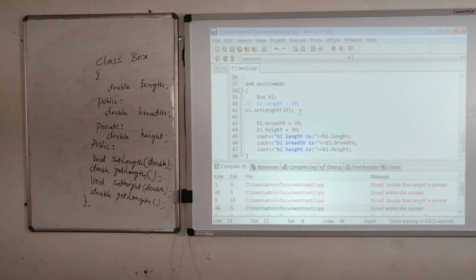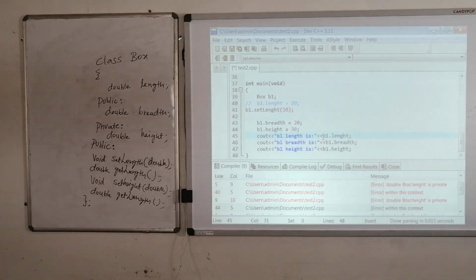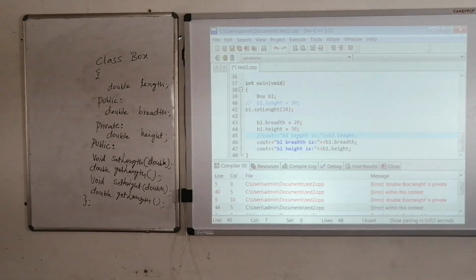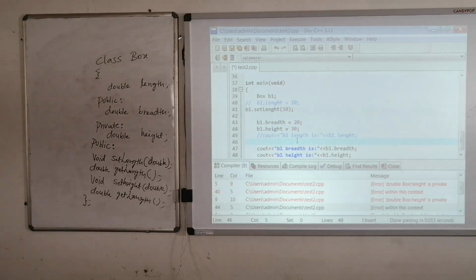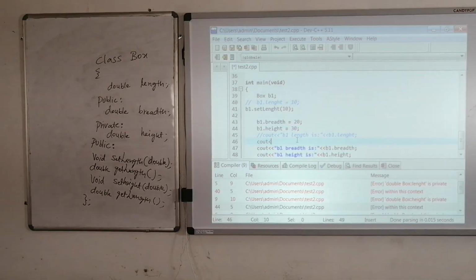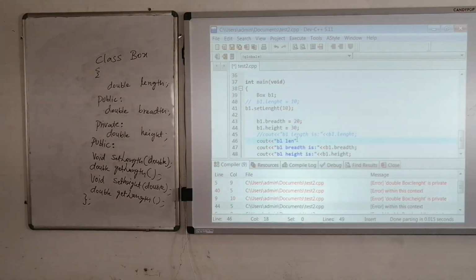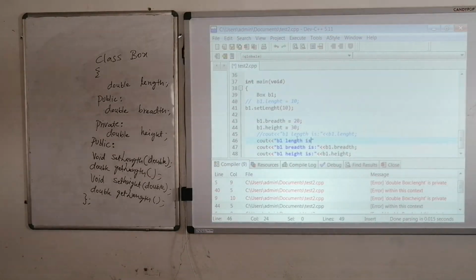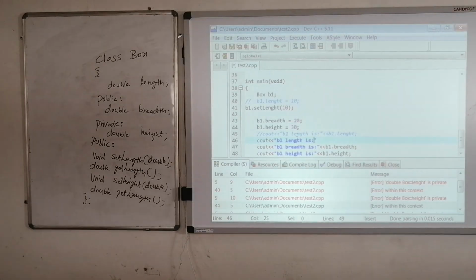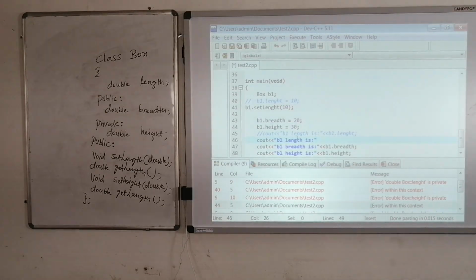So now, how can we access it? Can we print like this? Already we have seen, doing so gives an error. So what do we have to do? Cout, B1 length is, then close it.